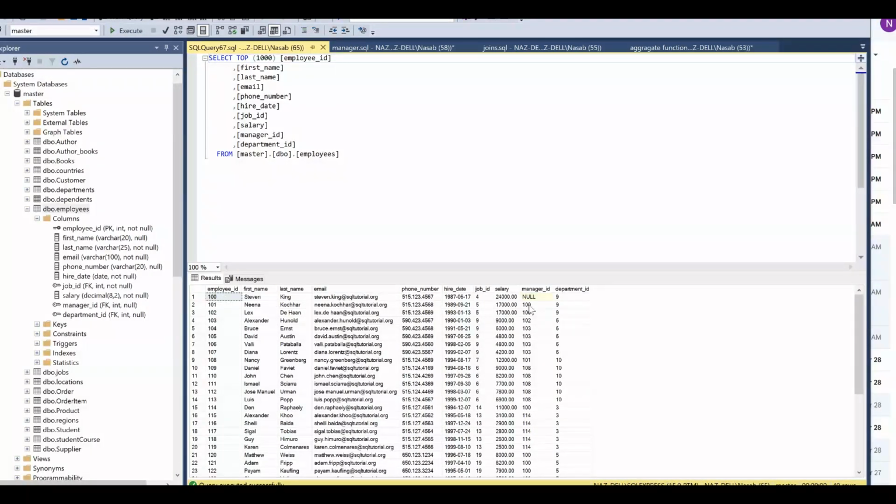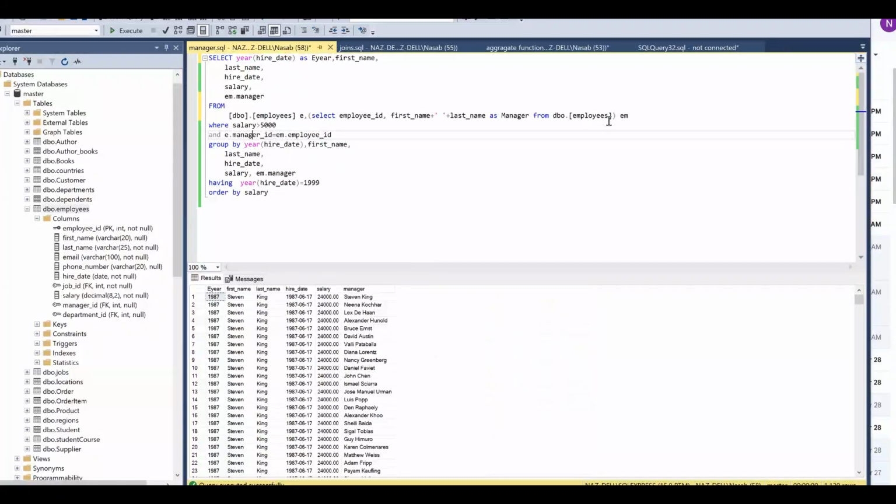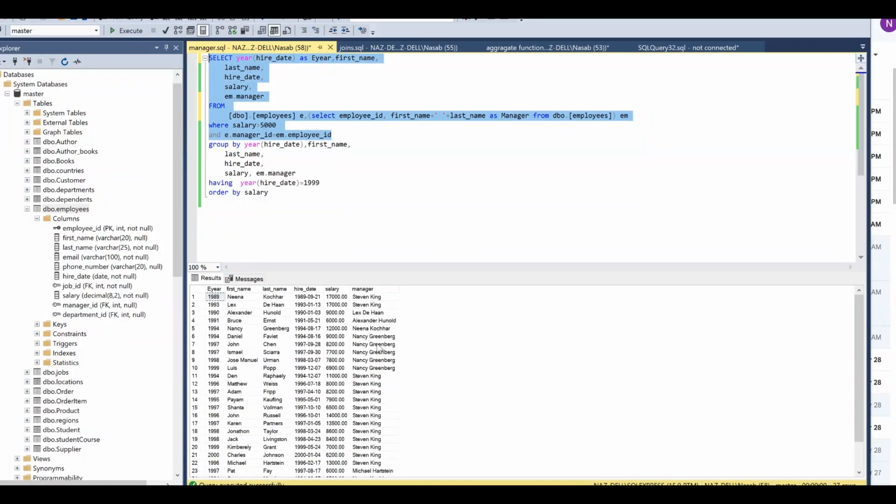He is Steven, and he is the manager of 101 Nina and Lex. So manager ID is nothing, it's just the employee ID. For that reason, we have created the duplicate image. So the manager ID is the employee ID, and now if we run this, you will get the correct result. Nina and Lex as